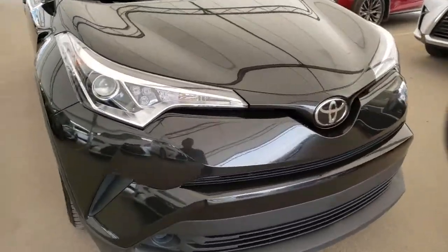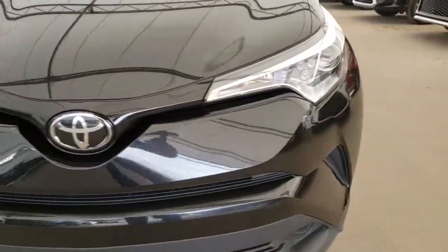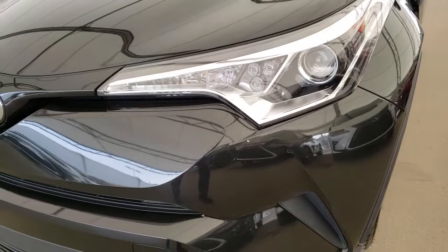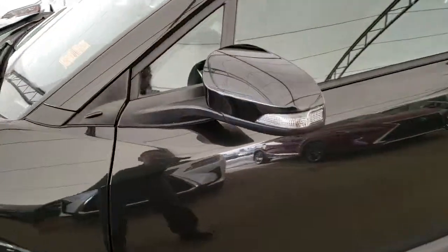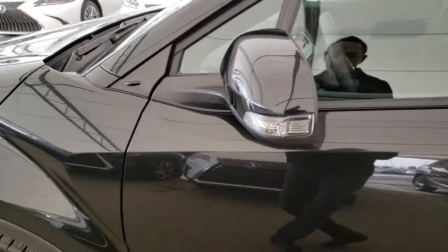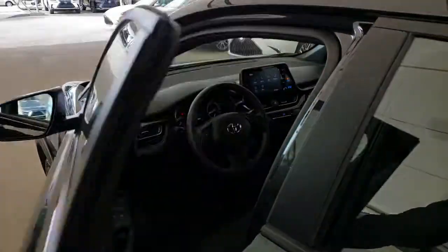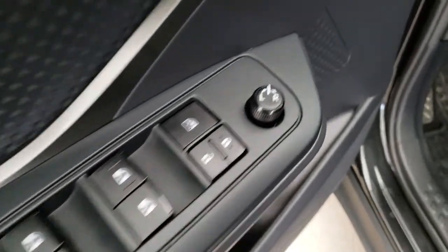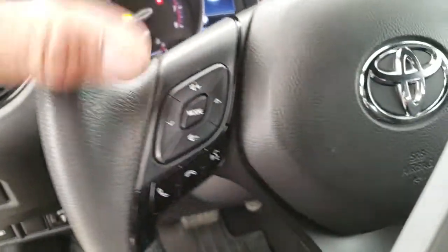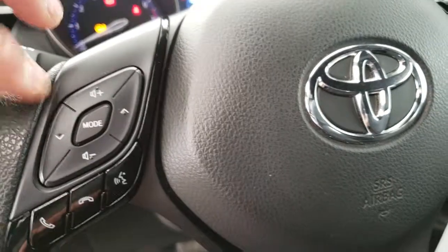Some of the features on this vehicle include HID style headlamps, LED daytime running lights, turn signal integrated side mirrors, keyless entry, power windows and door locks, power adjustable side mirrors, hands-free calling, hands-free controls,